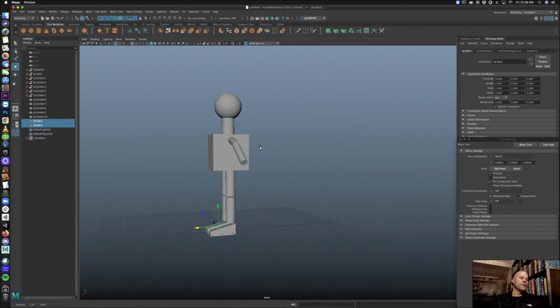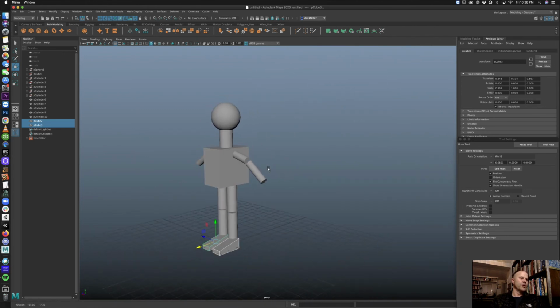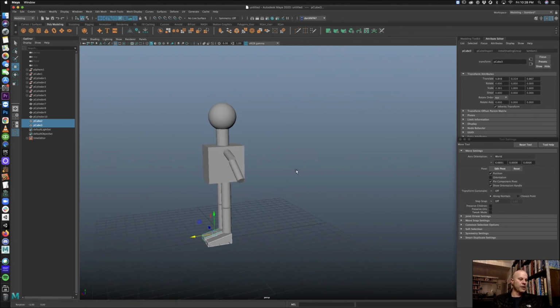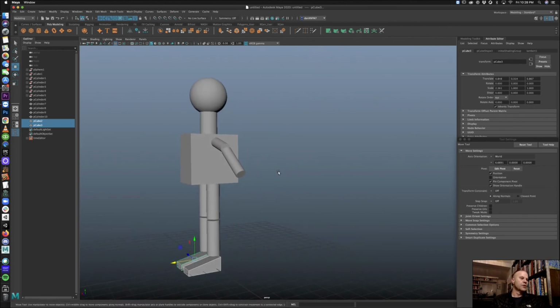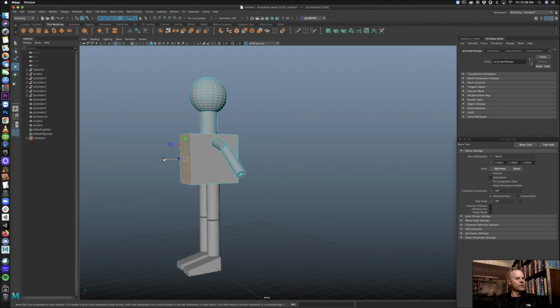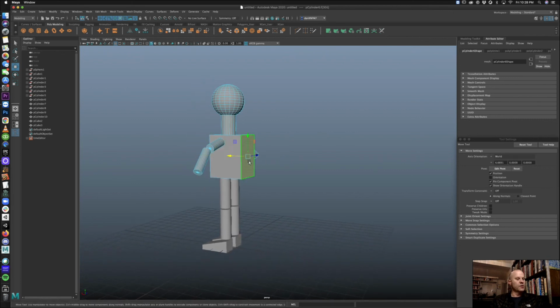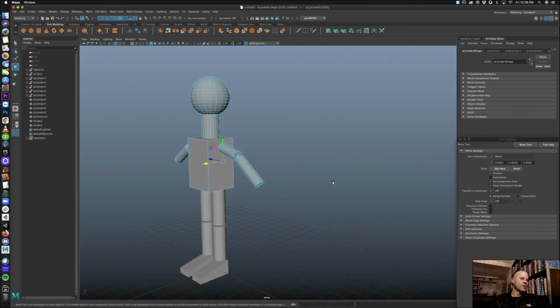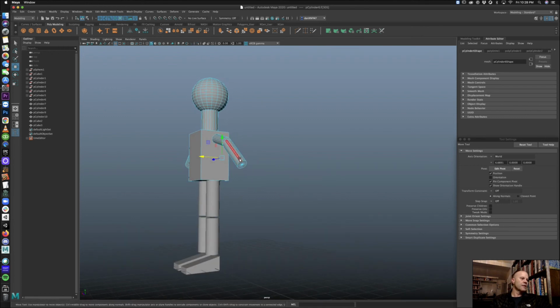Now, a few things you could do now. I could just go with this, or I'm going to show you a little sort of rough manipulation without changing the number of edges or anything right now. I'm just going to move things around a little bit. So I'm using face now instead of edge, so that allows me to move the whole face. I'm going to take this arm,